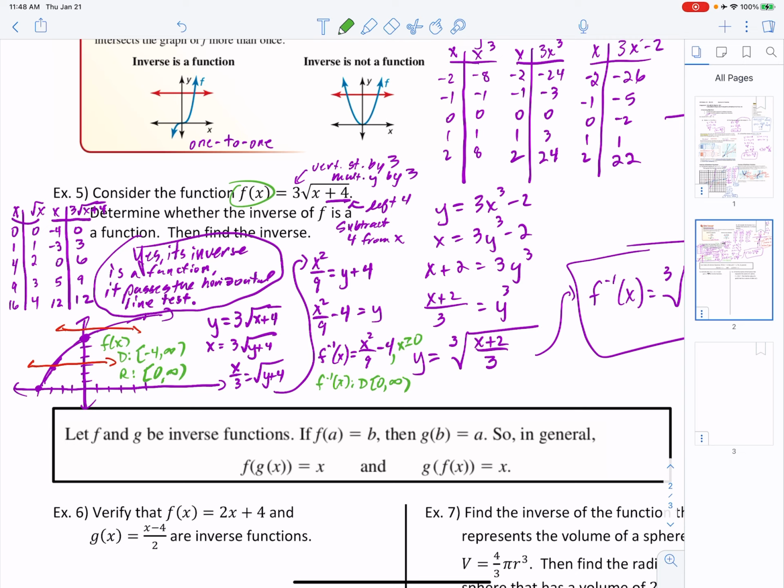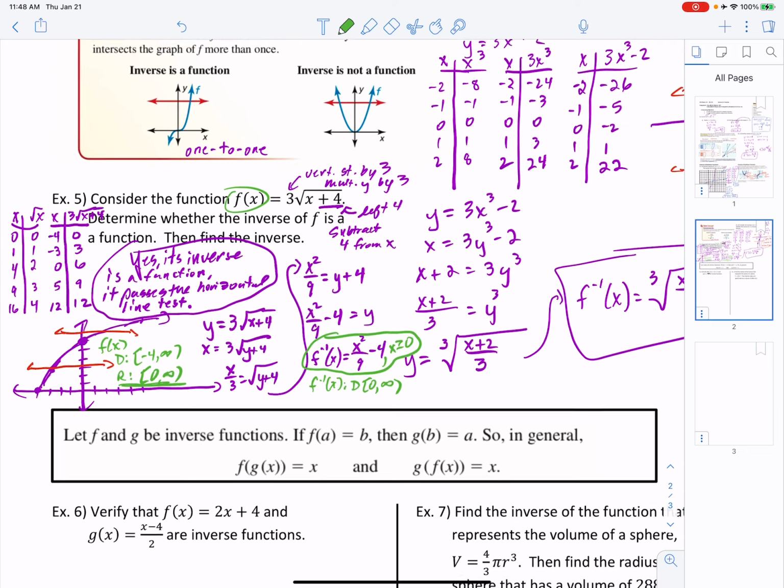We can't take both. If we take the entire parabola, this is a 1/9 x squared minus 4. It's a vertical shrink by 1/9 and down 4. If I don't restrict the domain on this, I have something that is not the actual inverse. So you have to show that restriction. And I think the easiest way to do that is to think about what was that range on the original function and consider that has to be the domain of its inverse. It's kind of in reverse of what happened